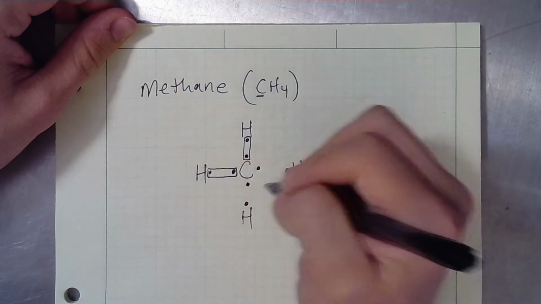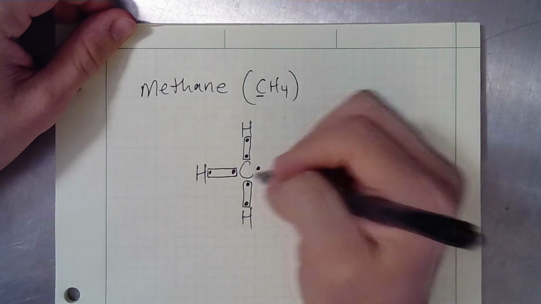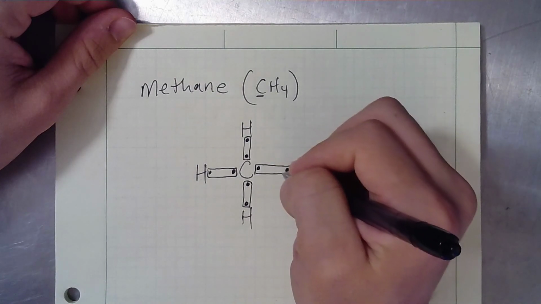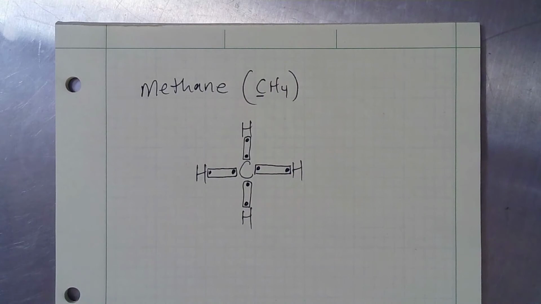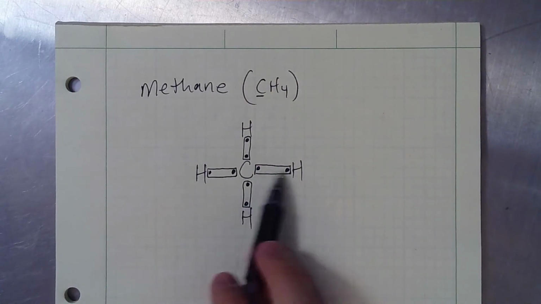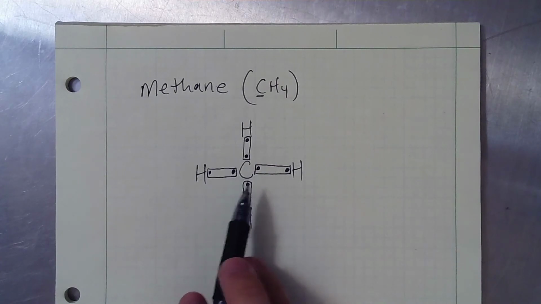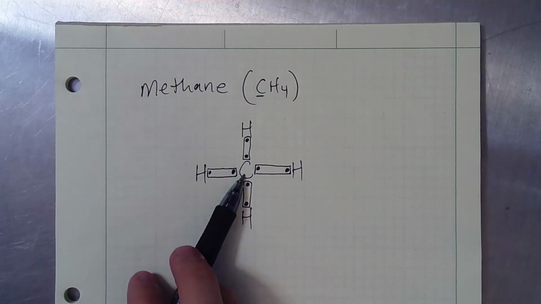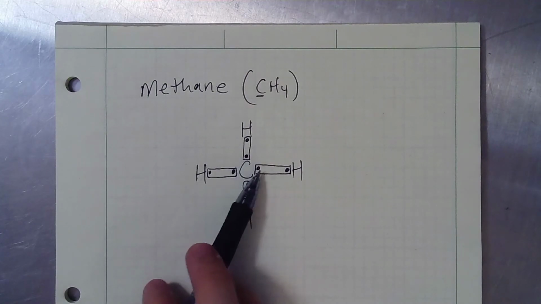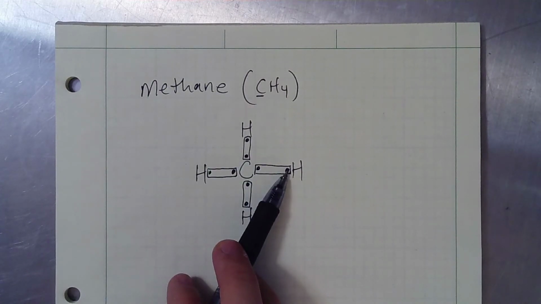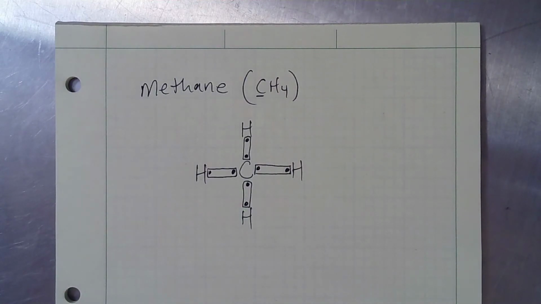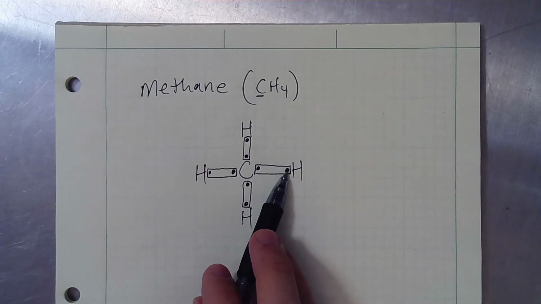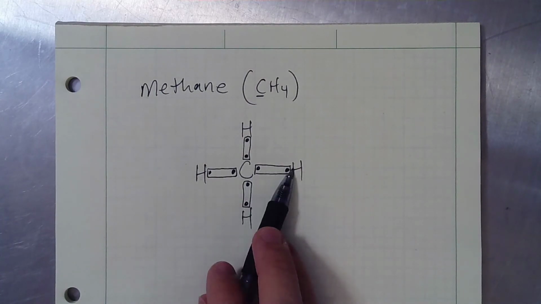And I'm drawing some nice little boxes here. We're not always going to draw it like this, but just for the first example here, that's how I'm going to draw it. So they get shared together in between. These pairs of electrons get shared in between the atoms that they originally came from. In doing so, carbon gets to feel as if it has 8 electrons, right? It started with 4 of its own, and it's adding on this 1 electron from hydrogen. It's not completely stealing it, like in the ionic bonding situation. Hydrogen is just being generous and is allowing this electron to sort of exist between the two,